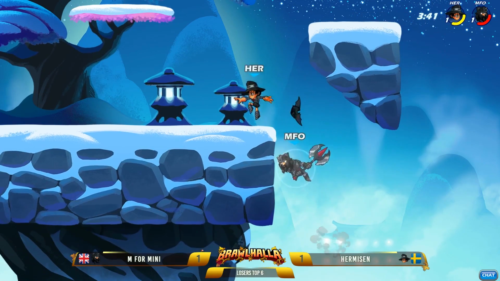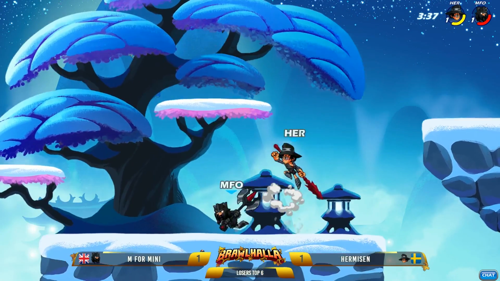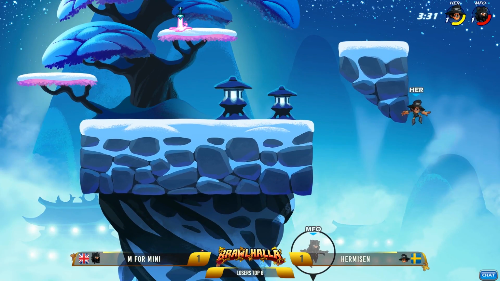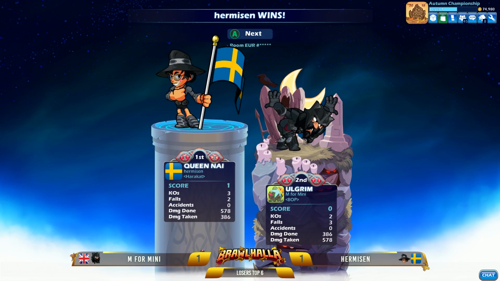Keeping M4Mini off stage. This is going to be a very difficult position for Mini to come back from, because normally we see him get a lot of mileage out of these late hits. Oh no, misses the edge! Just shy of the corner. That is gonna do it, and Mini cannot get that